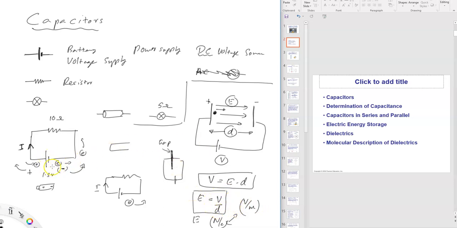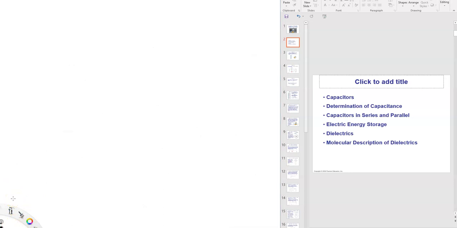That's one thing. The standard current, we represent it from positive to negative, but what really happens is electrons moving from negative to positive. And also lastly, in many circuits we will replace the actual component with just a resistor. So these are a few things that we need to know when we go forward. Okay, alright, so let's move on to capacitor discussions. Alright, so capacitors. What is this circuit component called a capacitor?